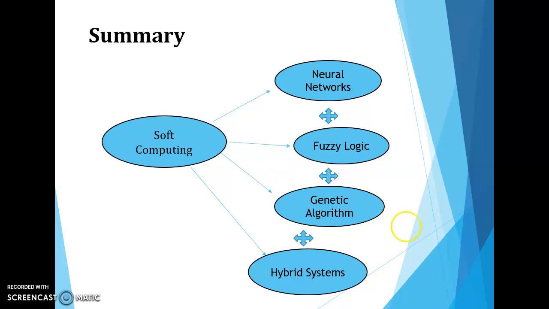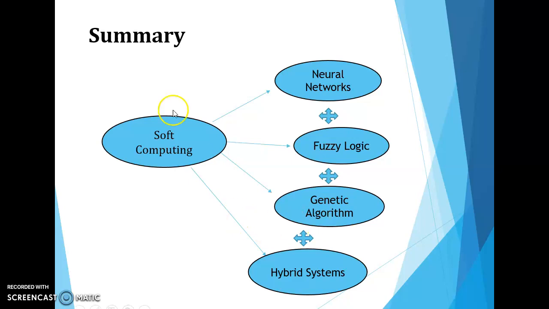Next topic deals with the evolutionary algorithm. In order to produce the optimized solution, take the pool of solutions and select the best solution from the group based on the fitness value. After selecting them, you apply the crossover. Later, you apply the mutation in order to get the optimized solution.